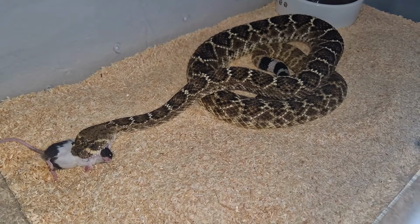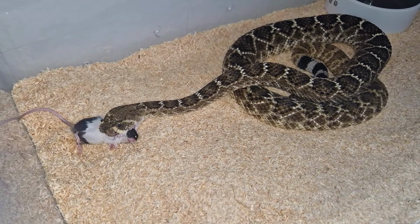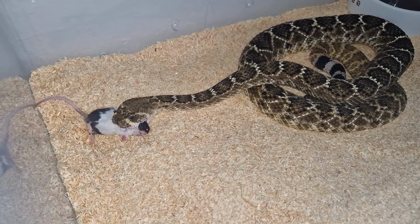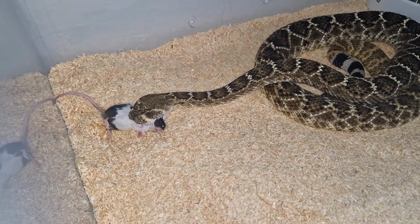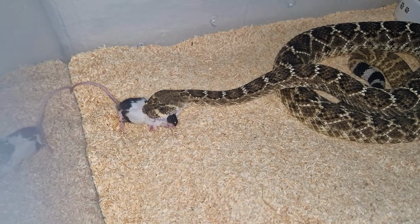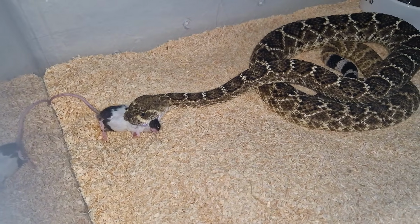With the western diamondbacks, they have a very strong individual character, even if they are born in captivity, of course, like all of my snakes. But some of them never actually lose their wild temperament, if you know what I mean. They can be very bitey and very defensive with some specimens, but both of mine, while being very food aggressive,